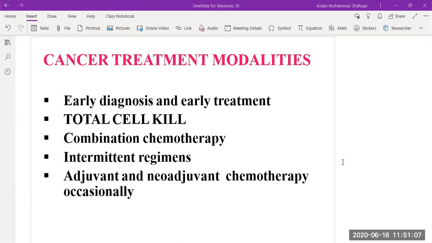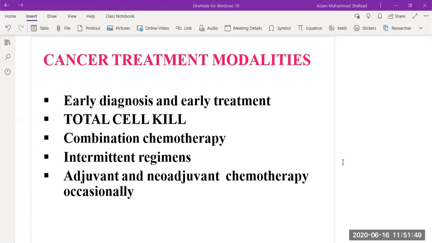When we talk about cancer treatment, as our topic is more specific to the treatment of cancer, there are 5 important things that we need to understand. Number 1 is we need to diagnose early for early treatment, because many patients die because they have already gone to the last stages of cancer, where their uncontrolled cells have already metastasized in different body organs, and at that level it is difficult to use different treatments or for the patient to survive.